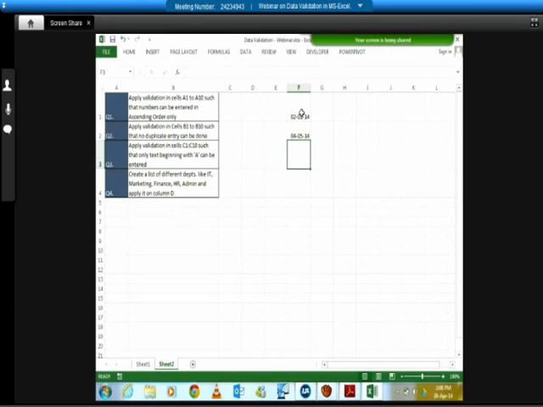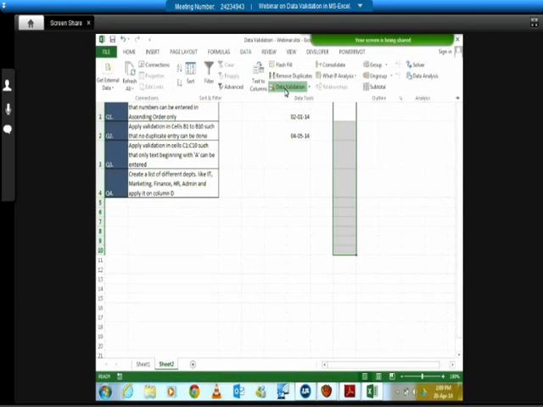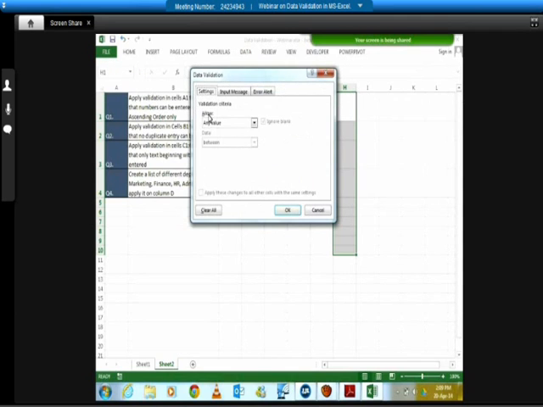So let's go ahead and look at the list. So let's say I'm going to apply a list from H1 to H10, selecting my cells, going to data, in data going to data validation, in allow, clicking on the drop down and going to the list. Now what is the role of a list? I don't know how many of you have seen, but we can create a list over here and it comes like a drop down list from where you can pick and choose your data and it comes into the particular cell. Now all you have to give over here is a source.